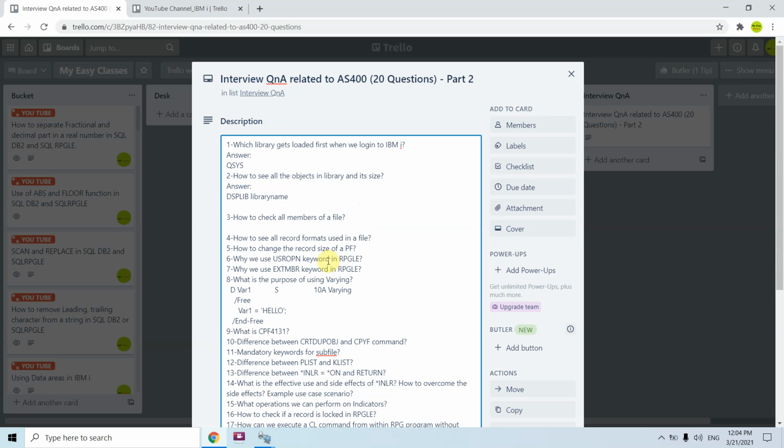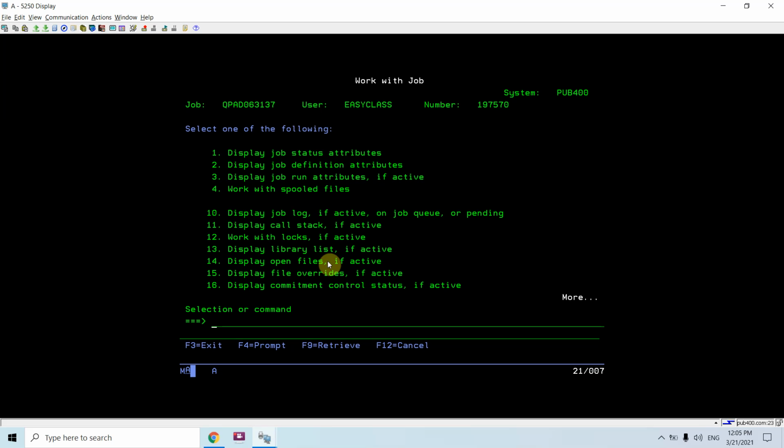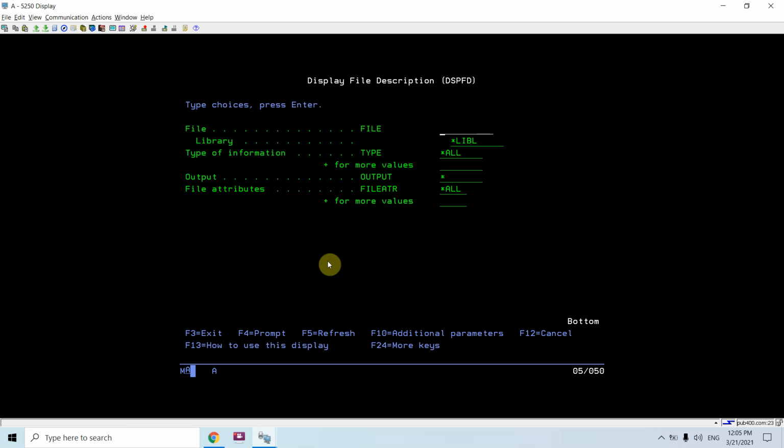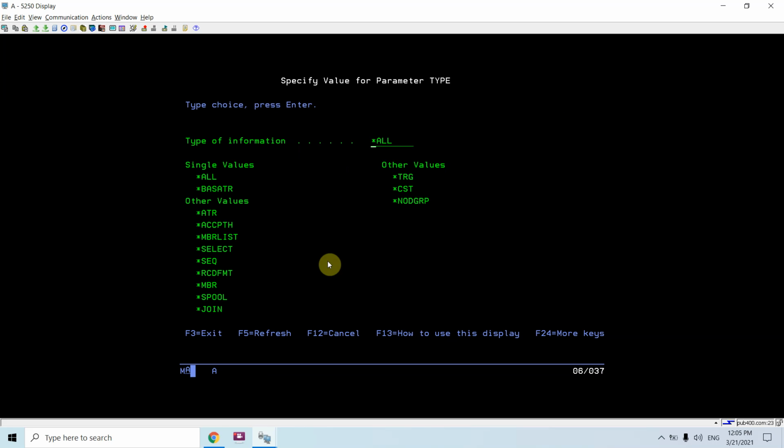How to check all members of a file? To check all members of a file, let me check any physical file. This is the physical file present in library EASYCLASS1. So I can do DSPFD on this PF20, and in type I'll use *MBRLIST.